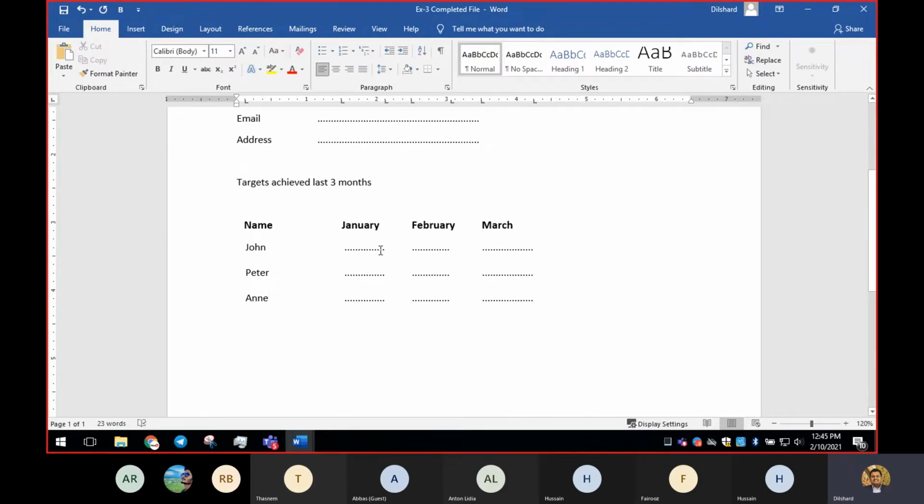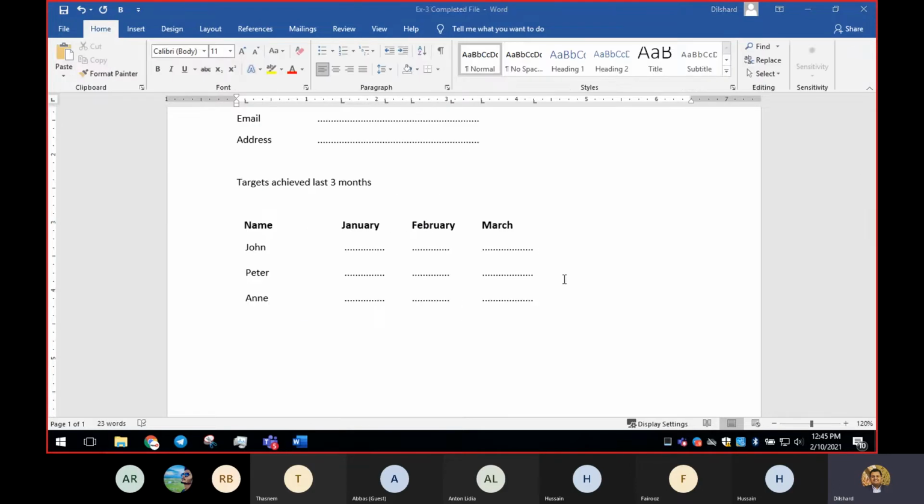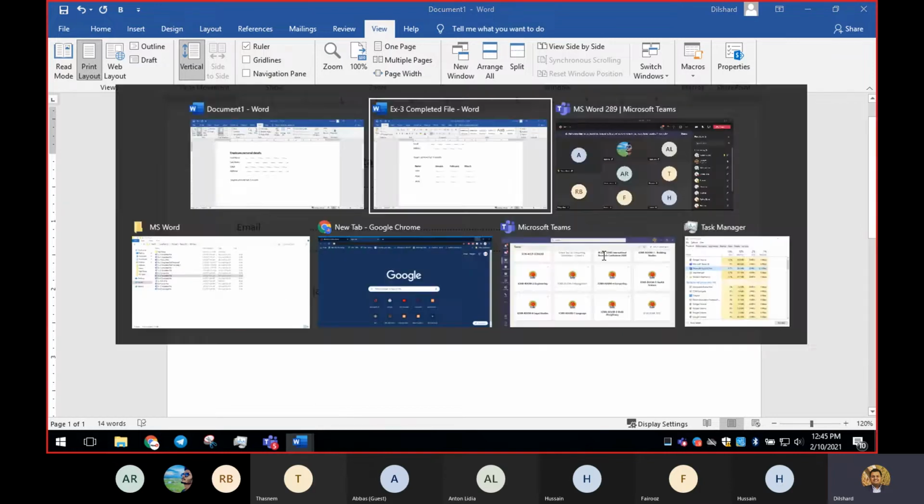Okay, so for January there should be a stop point, right? So I'm going to have it until 2.5, and I'm going to start February at 3 and have it until 4, and I'm going to have March from 4.5 until 5.5.